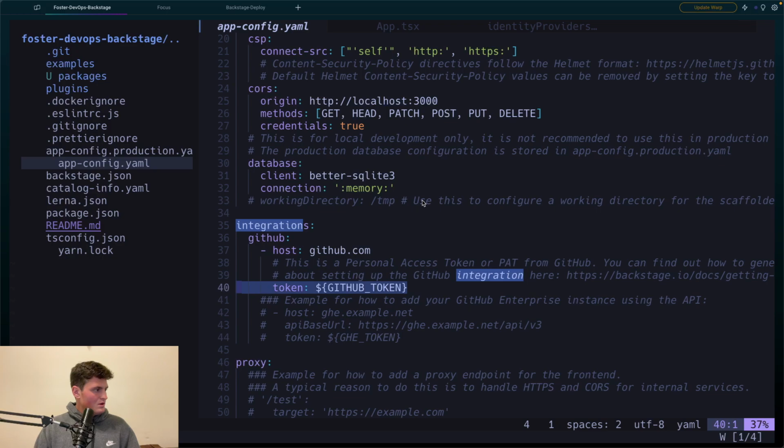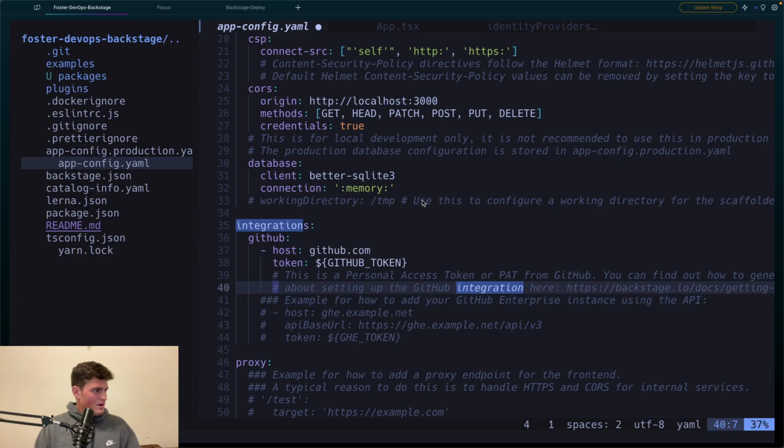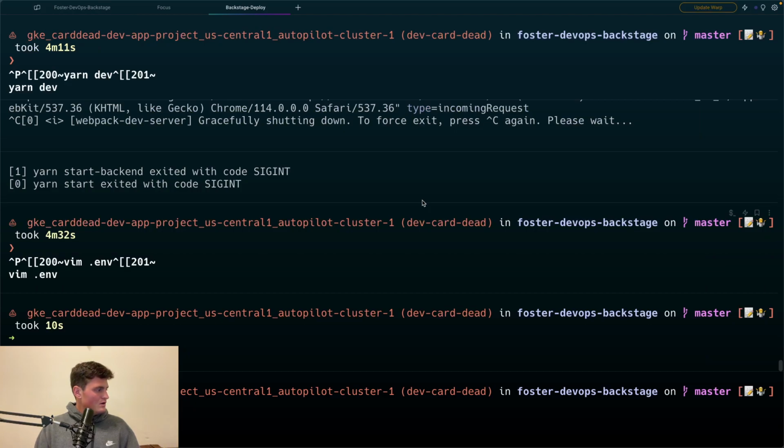So since it's already set up, we can save this, go to my other shell, and I sourced my .env, so I can do a yarn dev,